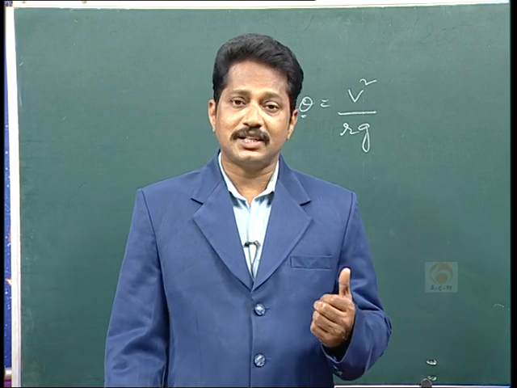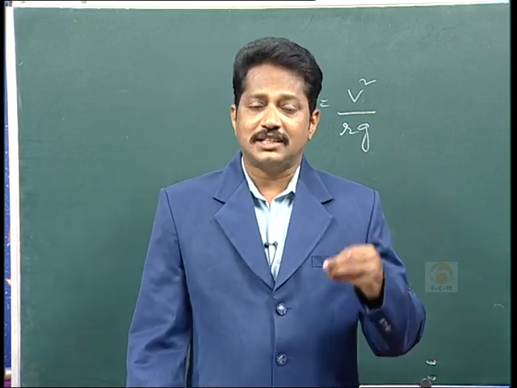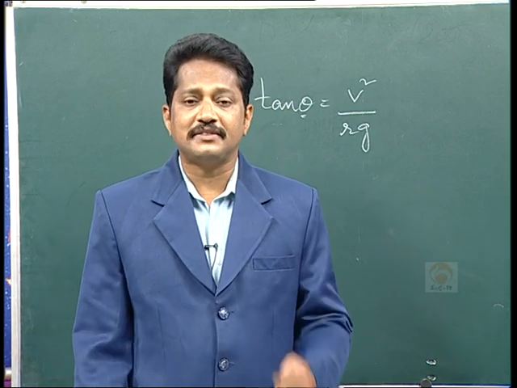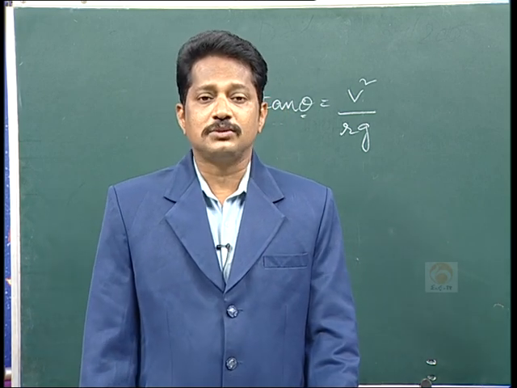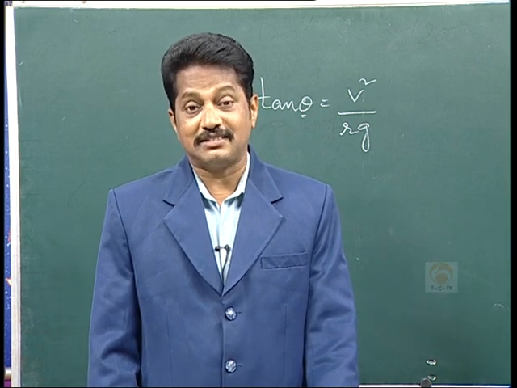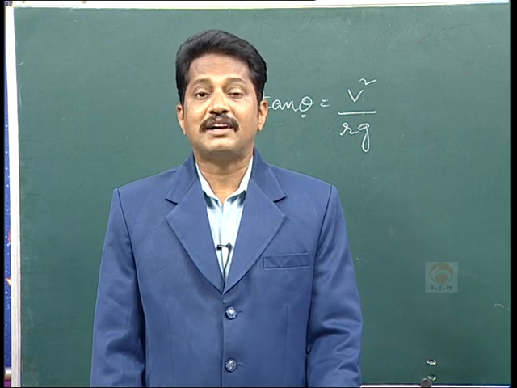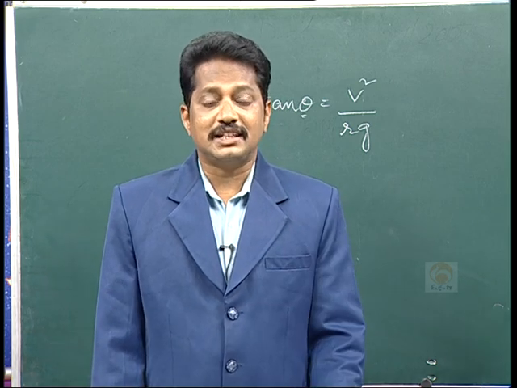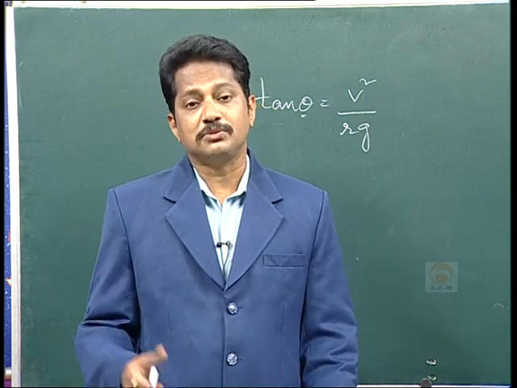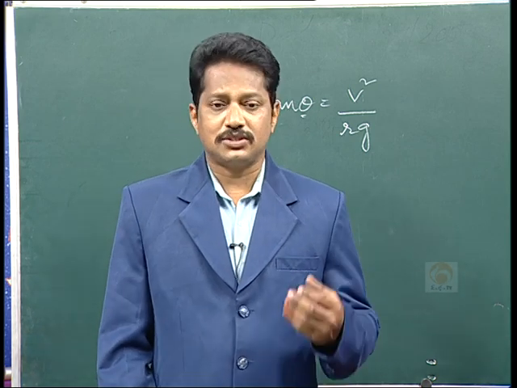So, how are you going to say this? Because of tan theta: tan 0 is 0, tan 30 is 1 by root 3, tan 45 is 1, tan 60 is root 3, and tan 90 is undefined. Tan 30 is 1 by root 3, which is less than 1, tan 45 is 1, tan 60 is root 3, which is 1.732, meaning as the theta value increases, the value also increases.